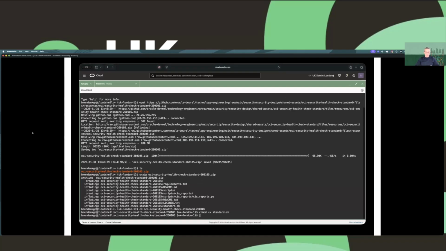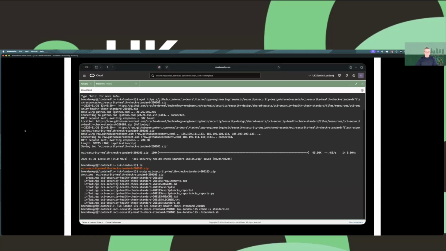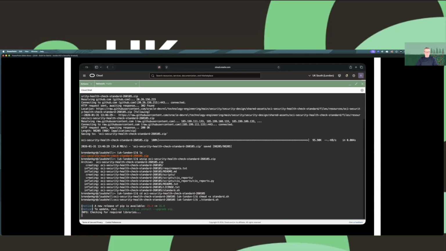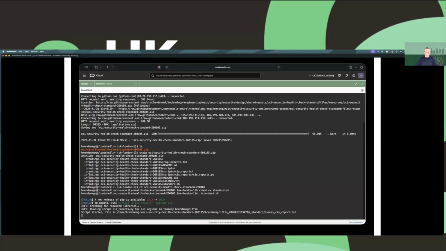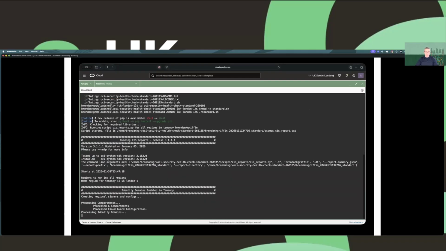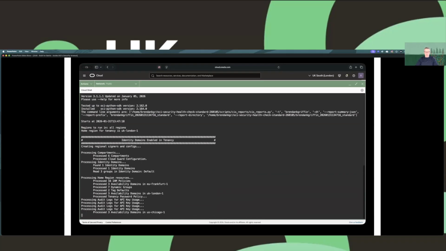And then we just need to change the permissions on the file that actually runs the health check, which is the standard.sh script. And once we've done that, it's as simple as running that script. It goes off, doesn't require any other configuration. It collects all of the information from the tenancy, compares it against the CIS guidance, and then produces an output